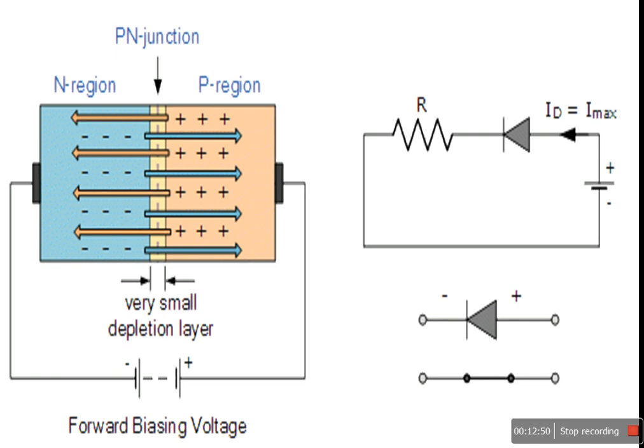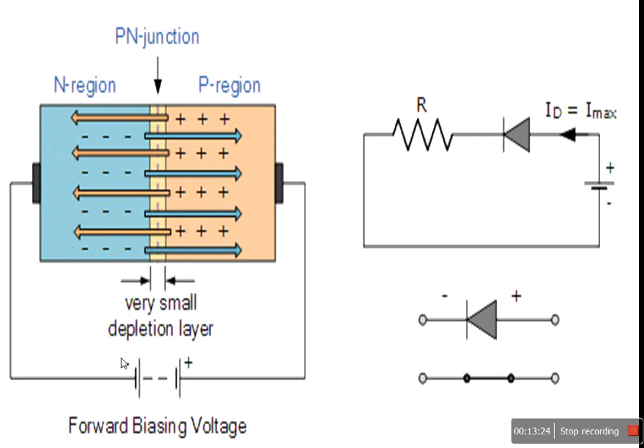So whenever you apply forward bias, the forward voltage gets subtracted from the built-in voltage. Built-in voltage is nothing but the voltage developed in the depletion region. If the applied voltage is sufficiently strong to reduce the net barrier potential, the positive charges will be attracted to this point and the negative charges to this point, and the depletion region width will decrease.